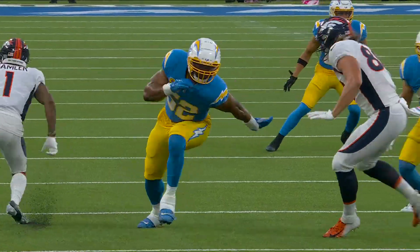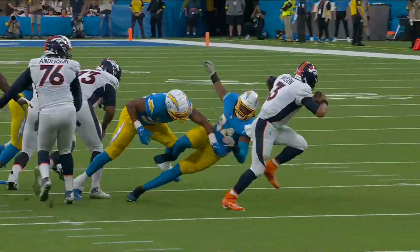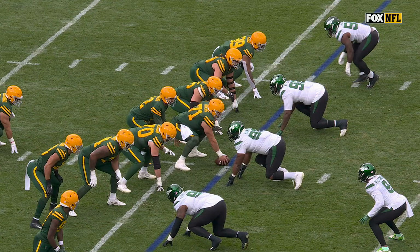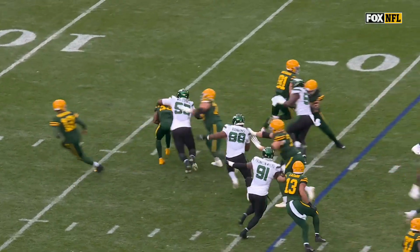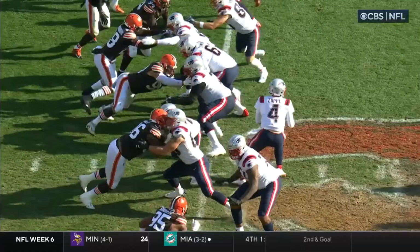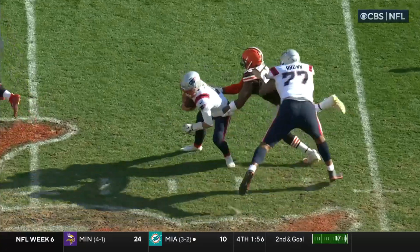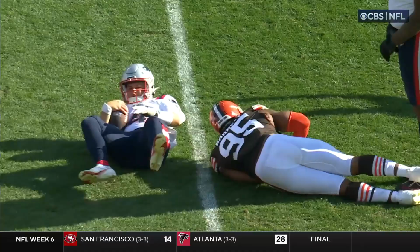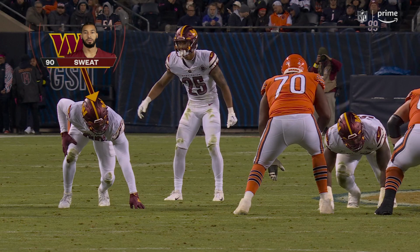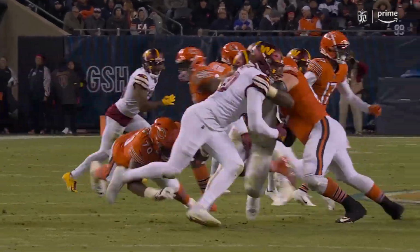and almost. They double Khalil Mack on the outside. They have Dulcich out there, helping Calvin Anderson. He's getting a lot more recognition. You're going to see him here playing his traditional 3 technique. He just plays behind that guard. What's hard about that? Watch him coming off the edge here against Trent Brown. It's the left arm that he's holding, and that's the arm that he uses to wrap him up and ultimately bring him down. Well, again, Sweat's been doing this all night to Jones, the rookie, but what's different is they